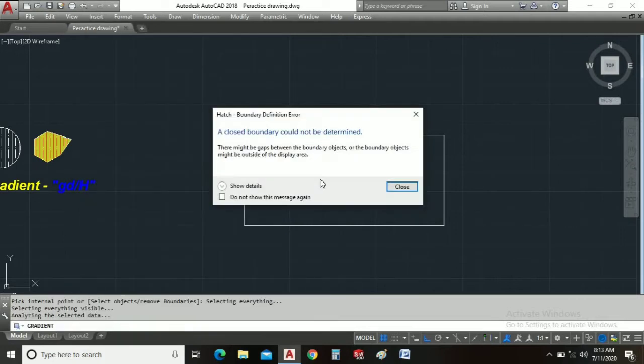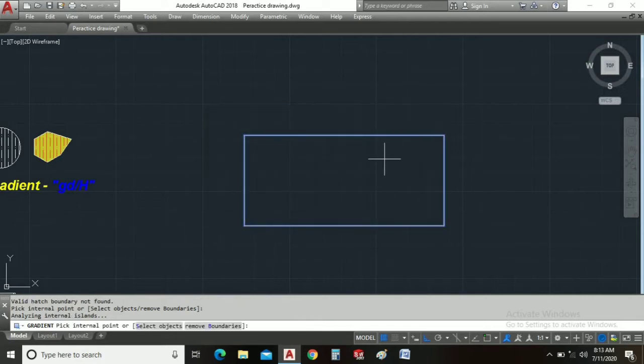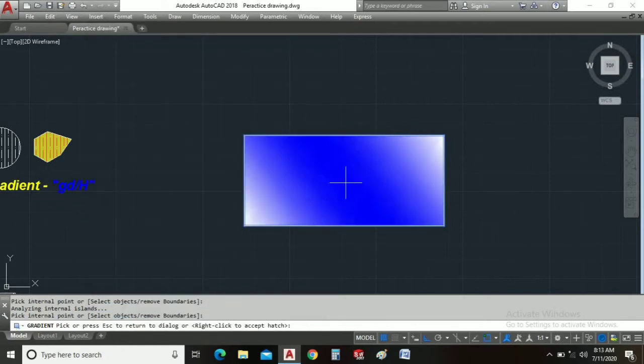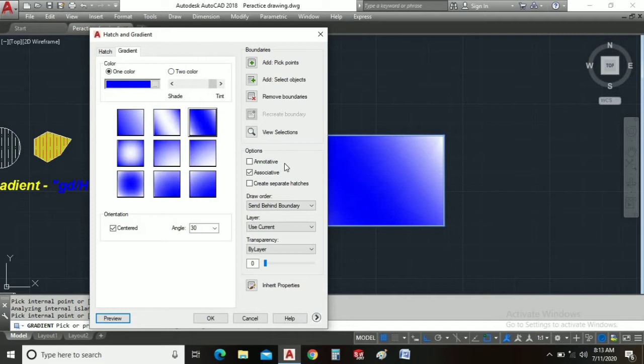Just click on this, and then space. Alright guys, we can see this is going on something like this. Just click on this and make it preview. This looks like this. Then press space or ESC, getting back into the toolbar. So you can select two colors here also. We'll understand the next one.